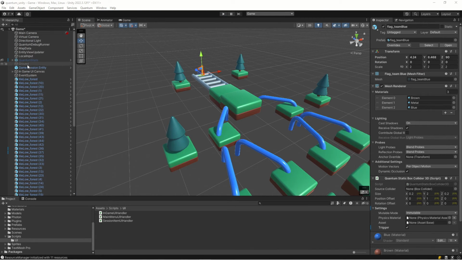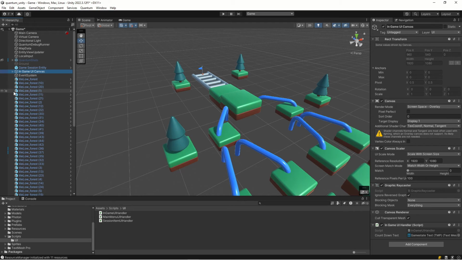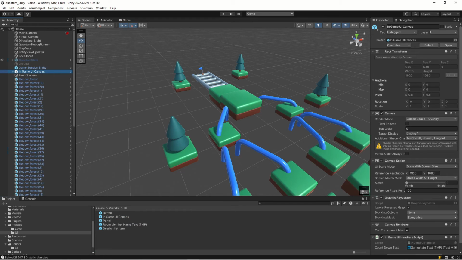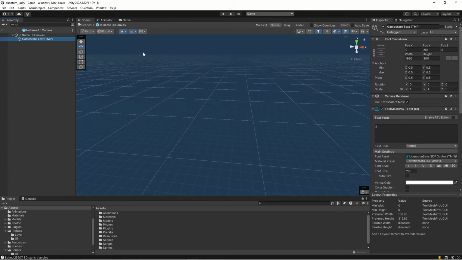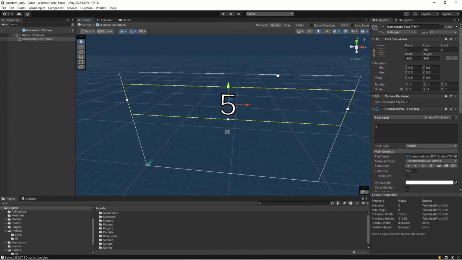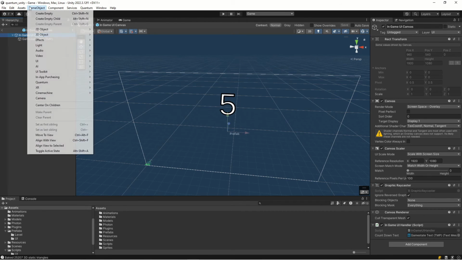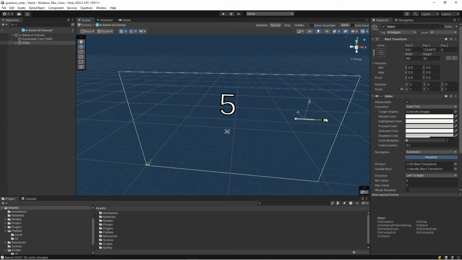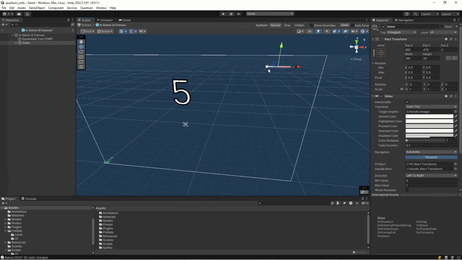So let's find our in-game UI canvas, and it's actually not a prefab, so let's make that into a prefab, UI, and let's put it there. So now it's at least a prefab. So we have our game state here, and let's turn on our gizmos again, and we want some dash indicator. A slider is something that we will use for this. So let's go UI slider, and then we have this slider here, and